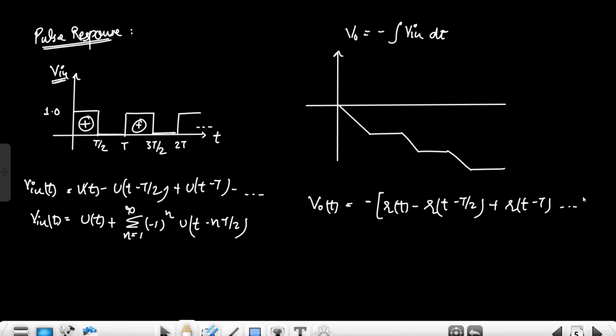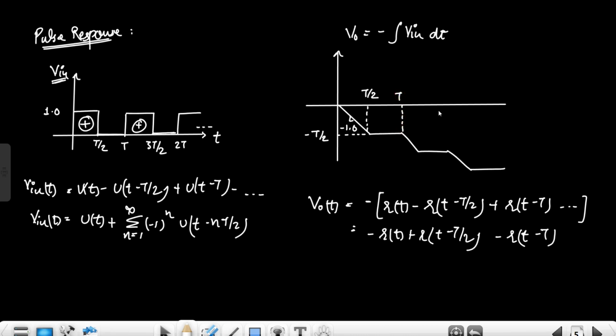So it will be simply minus r(t), then plus r(t - T/2) and minus r(t - T). So yes, this is the minus r(t) with a negative slope of -1, और ये टाइम इंस्टेंट बेसिकली T/2 है, so स्लोप नेगेटिव -1 है, इसलिए ये भी T/2 है। फिर उसके बाद दिस इज द T, दिस इज द 3T/2 and so on, तो इस तरह से that's why it is drawn like this, right। So this is how we can go with the pulse response।